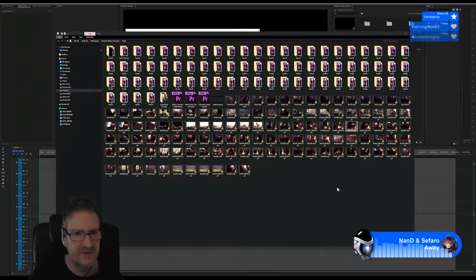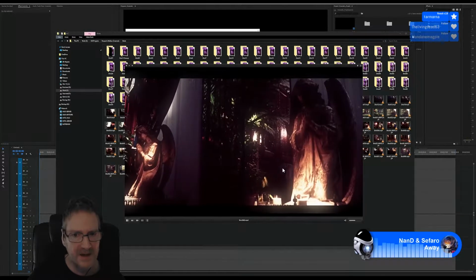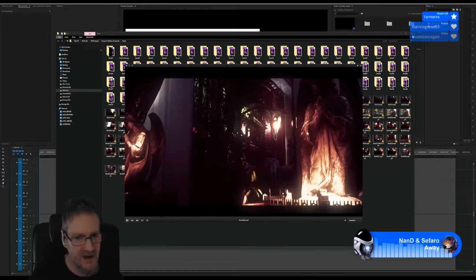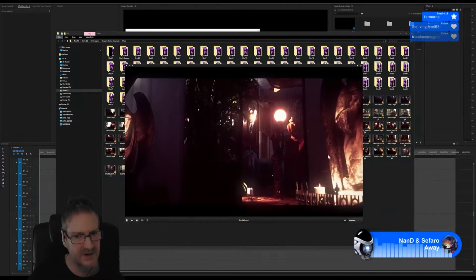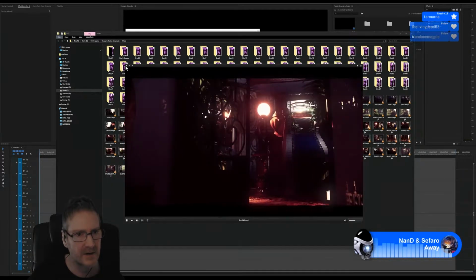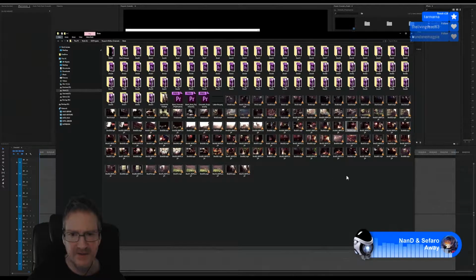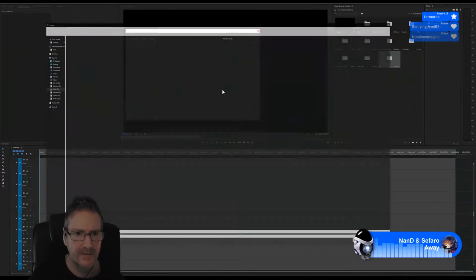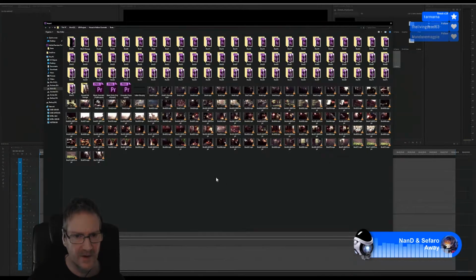And shot 43 is where we leave the hallway, but I'll count this shot as part of the entry hallway. So from shot 40 to shot 43. Shot 40, 41, 42, and 43.